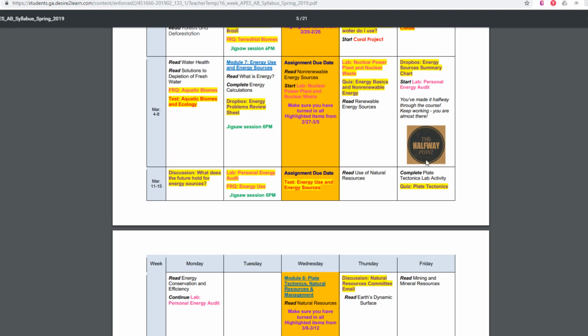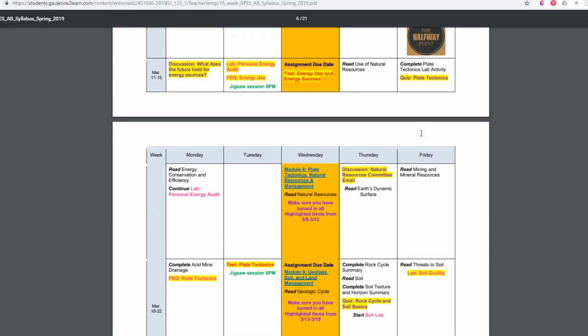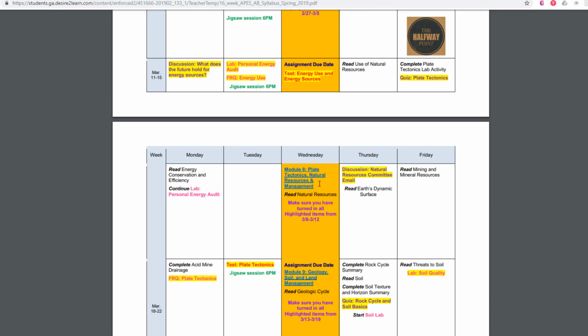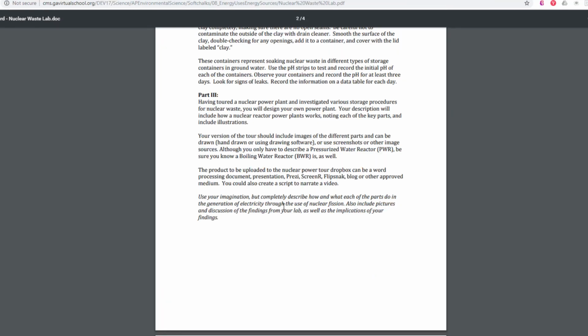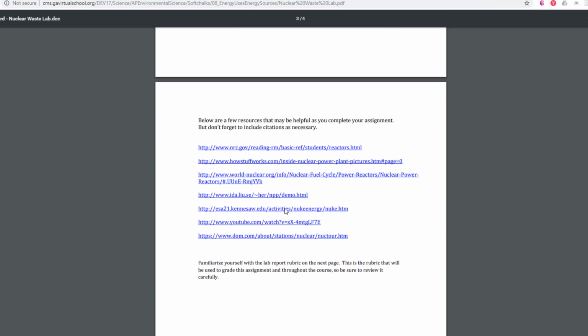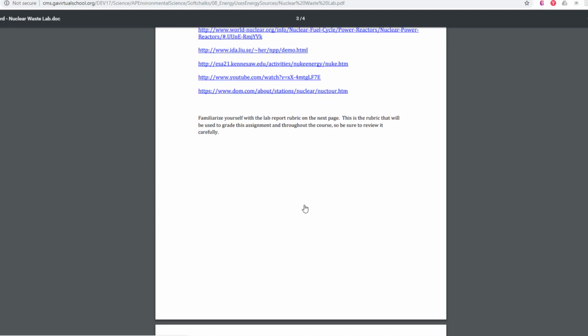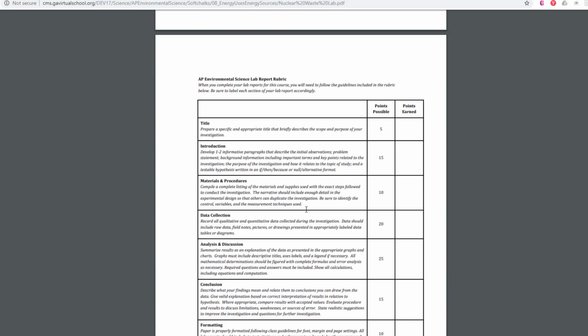And then another thing I wanted to show you is last Friday we were at the halfway point. So, we're getting there. The plate tectonics module that you start on Wednesday is the beginning of part B. So we're getting there. Okay. Here's some links that can help you when you're drawing your lab report, or your nuclear power plant, and then you will have to write a lab